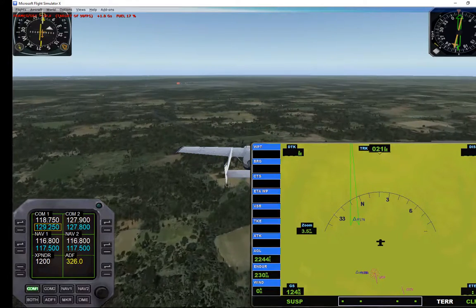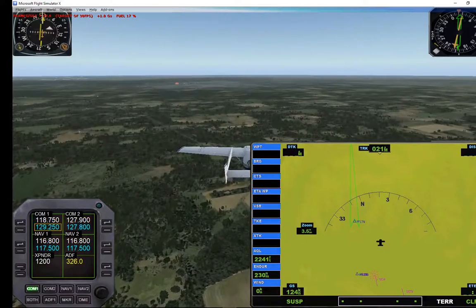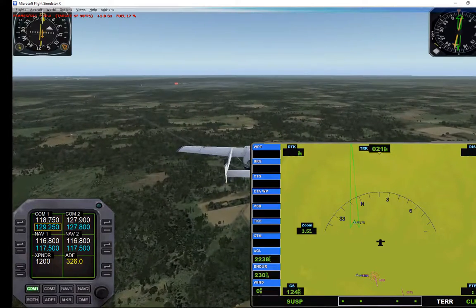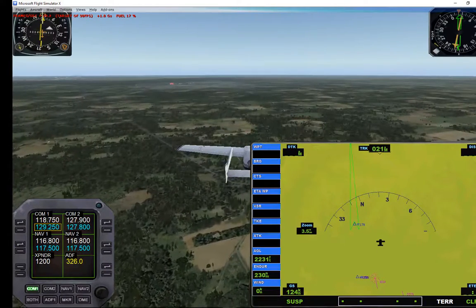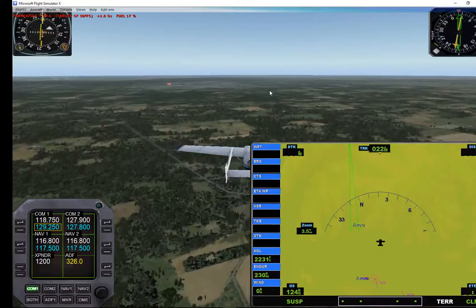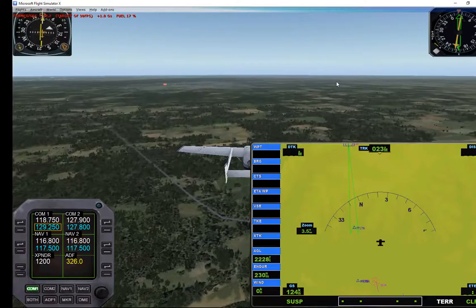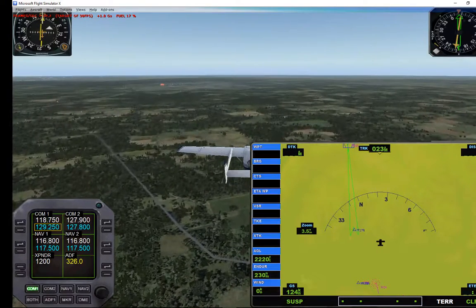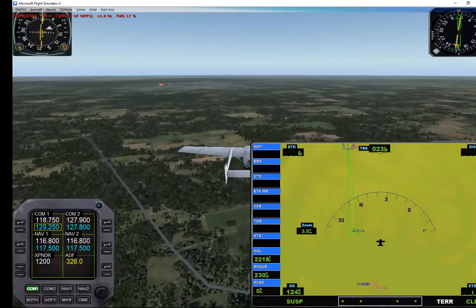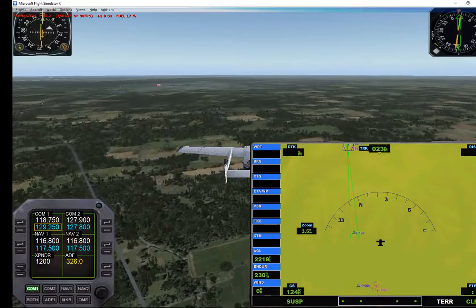I'm a little bit too far over for that green arrow. Whoops, wrong button. Hit, find the right one. Here we go. Two dots back to the east. So I'm not flying to here, I'm flying to Dyersburg, and the Dyersburg VOR is uptown. It's not on the airport. It's 6 miles east, northeast, I think, of the airport. There's another airport called Arnold Field. It'll be between the one you see there and